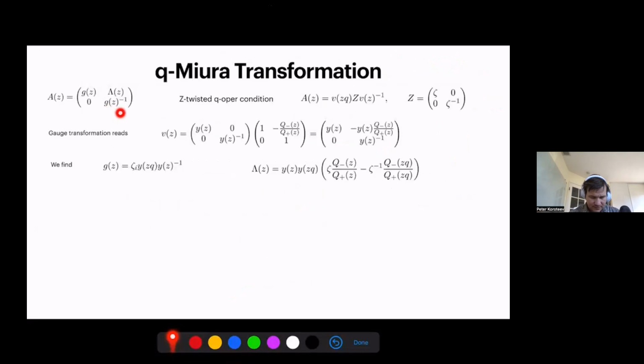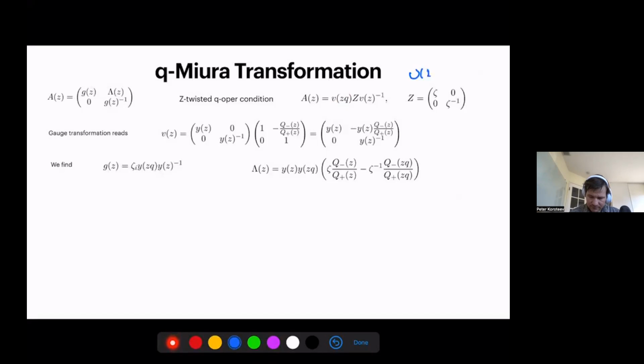So for Miura-Oper, because of that invariant subspace condition, the matrix A is always upper triangular like this, right? And then you can find explicit gauge transformation V, which diagonalizes the Oper, right? So it reduces it to the diagonal matrix. And then in Miura case, you can not only find this V, which takes values in G of Z,